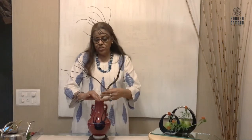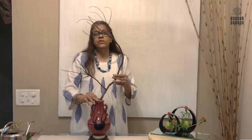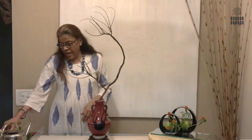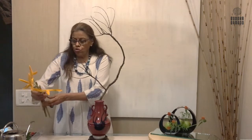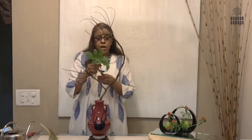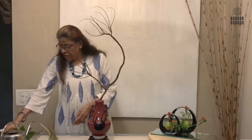I find it really interesting, and I think it's a branch of a jamun tree. As I said, I picked it up from the road, so I don't know which tree branch it is. But where I park my car, there is a big jamun tree, so I presume this must be a jamun tree branch. With that, I had heliconia at home, so I am going to use heliconias and a bunch of Cephalera, which is again growing in my garden, in my building compound, and 2 leaves of